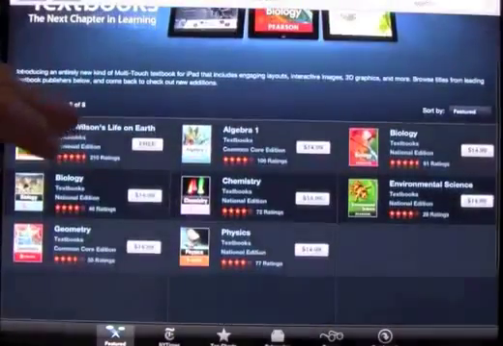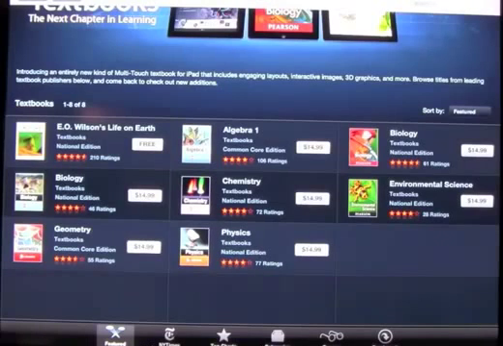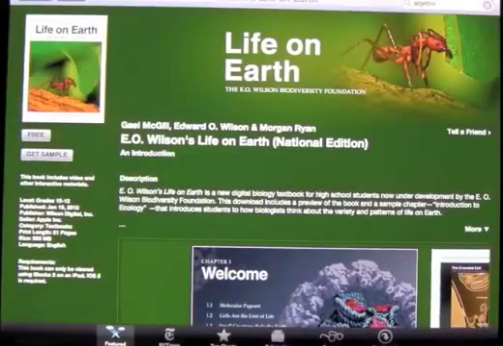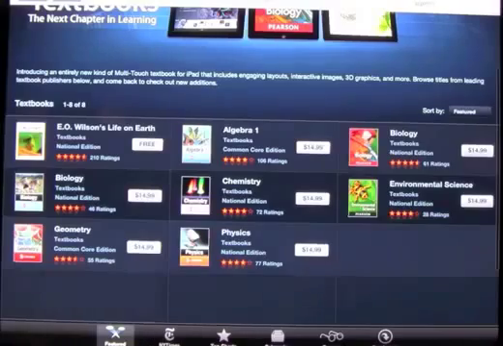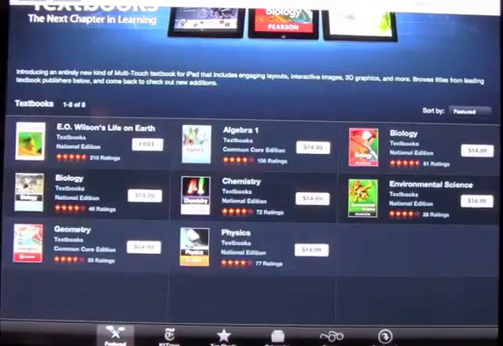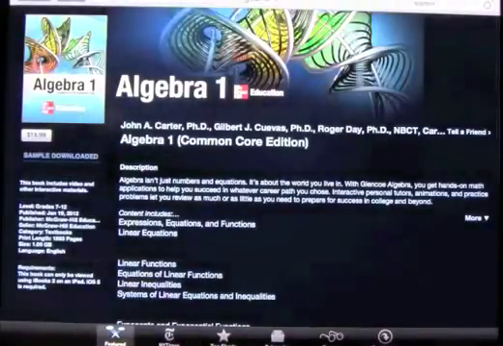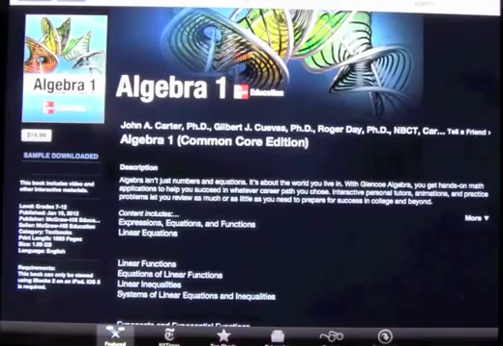Right now there aren't many textbooks that you can pick from. However, there will be support for other textbooks, and they'll add more textbooks and subjects in the future, as well as higher level textbooks such as college books, and this can potentially be great if it's done right. We have one free book in here right now. You can get free samples of the paid books, and right now all of them are just $14.99, and as most of you could imagine, $14.99 for an Algebra 1 textbook is absolutely amazing. I know they go anywhere from $50 or $60 up to $100 plus for certain